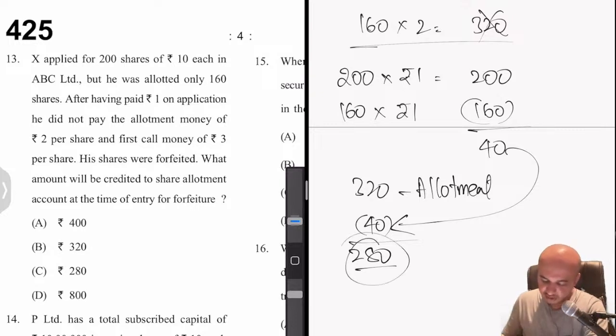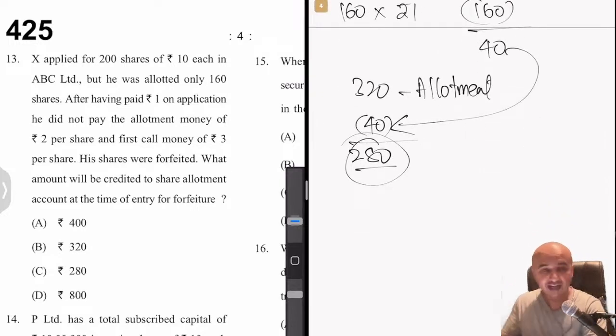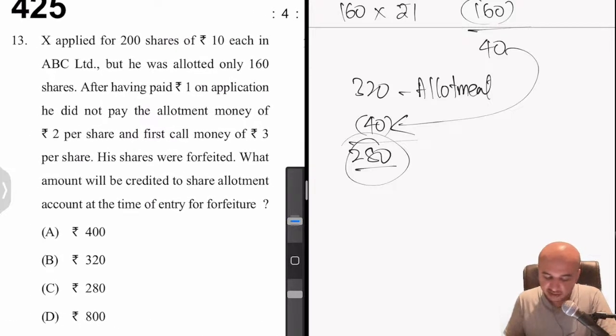So this was actually, that 280 we did not receive. And this 280 is the amount which is actually considered as calls in arrears, or also you can not consider it as calls in arrears. If you look at the share treatment in the CMA textbook study material, you will notice both the treatments where the Institute has at times created calls in arrears, and in some cases it has not created calls in arrears at all. So the Institute can be very haphazard when it comes to treatment of certain items, but you will have to read the question carefully and then decide accordingly. In this case, there is no call scenarios because they are very clearly mentioned.